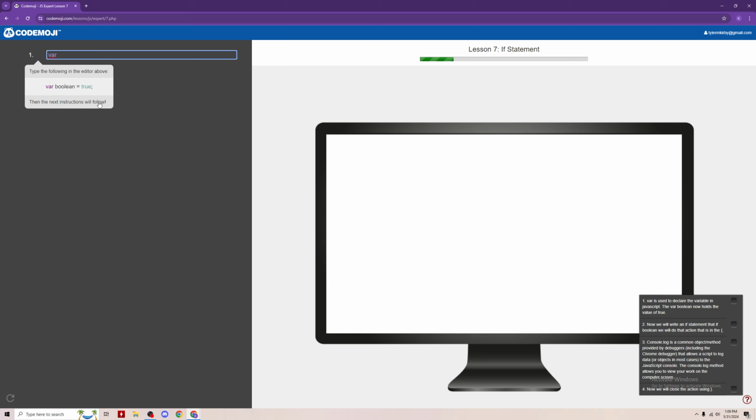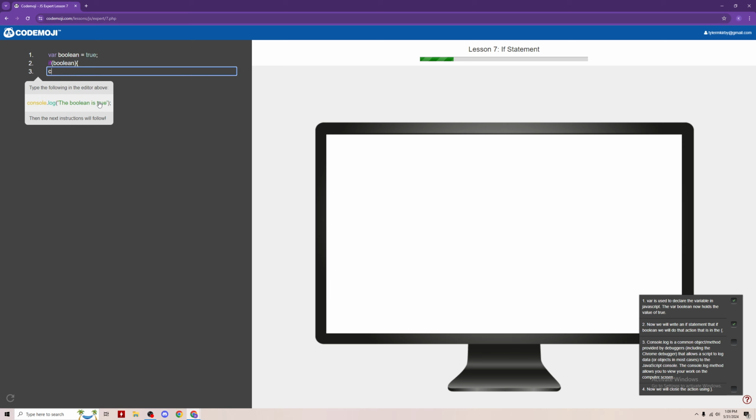I know it says if statement, but it's going to continue. So we have if statements, if-then, we have else-if. So there's a lot of different ways to write those. So if this variable is true, so then I'm going to say if Boolean. So then I'm going to output